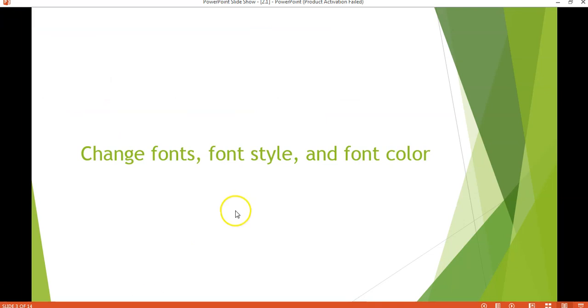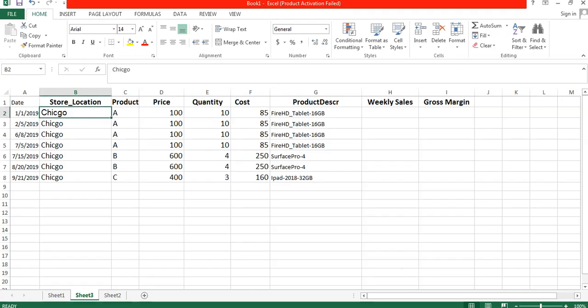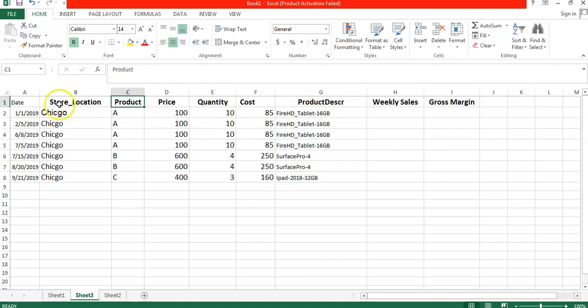Now let us see how to change the font style. For example, here we can see this is the title of this sheet. You can see this shows the title of each and every column. So I want it to show the title data precisely. To make it show in a particular pattern, I will select all these